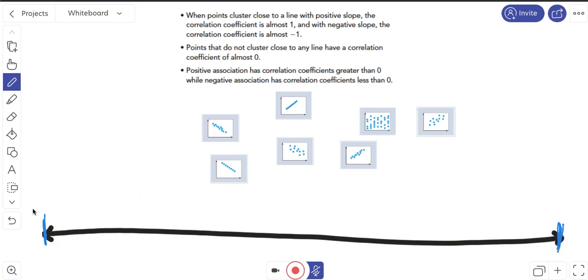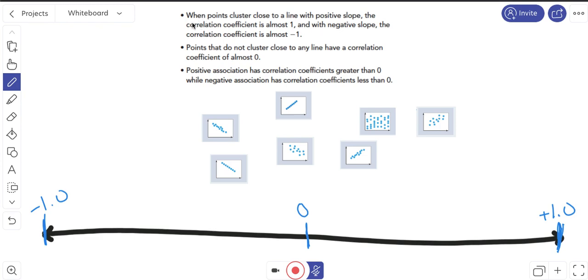In those places, I'm going to label this one as negative 1.0 and this one as positive 1.0. If you are following along and you've noticed that this is exactly the information that you need for your notes, start taking some notes. This right here in the middle I'm going to label as 0. So let's read a little bit about what this is all about. This is from your book, from lesson